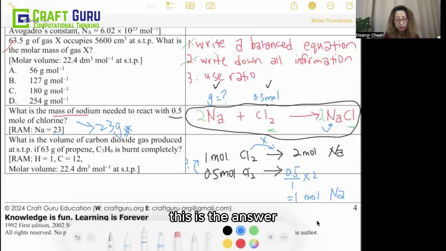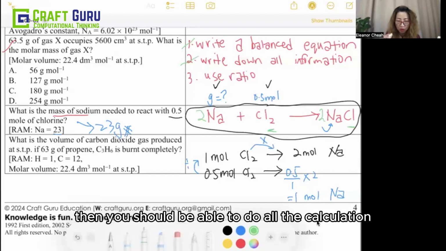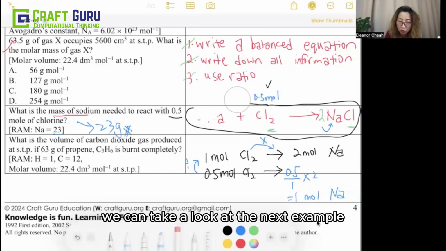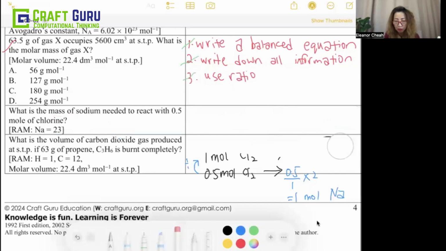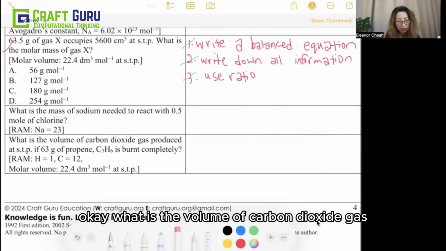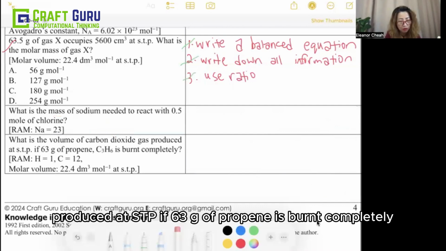This is the answer. All right. Remember these 3 steps, then you should be able to do all the calculation. I will leave these steps here so we can take a look at the next example based on these 3 steps. Okay, what is the volume of carbon dioxide gas produced at STP if 63 gram of propene is burned